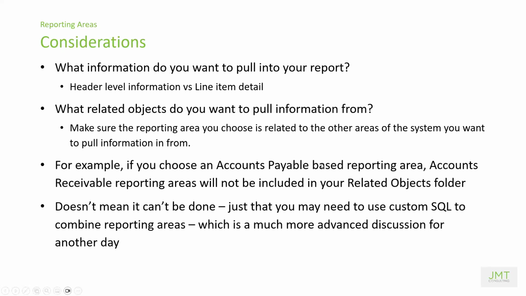So, considerations when we're thinking about our reporting area and making the choice of which reporting area we are starting with. First thing to think about is what type of information you want to pull into your report? There is a difference between header level information, that one-to-one relationship with your transaction. Think of things like a bill number for your AP bill, the vendor for the AP bill, the message or description for that bill. If we're thinking about journal entries, the reference field for your journal entry, the journal type,